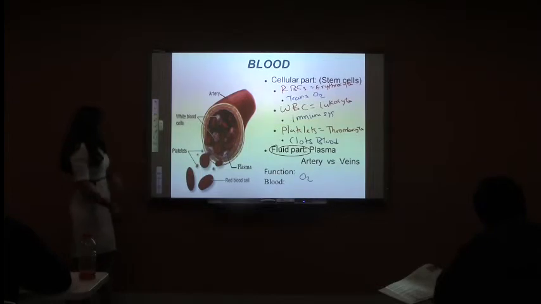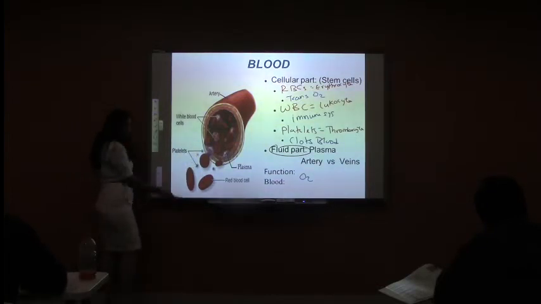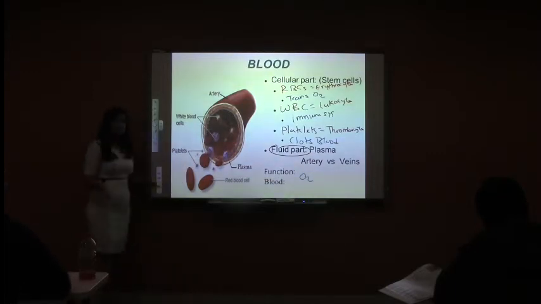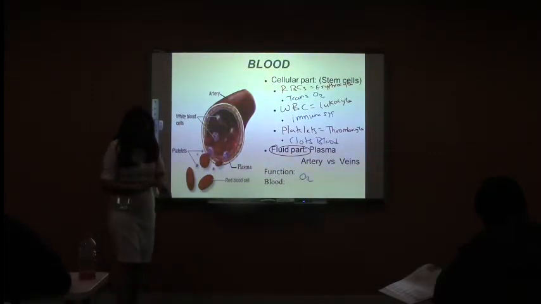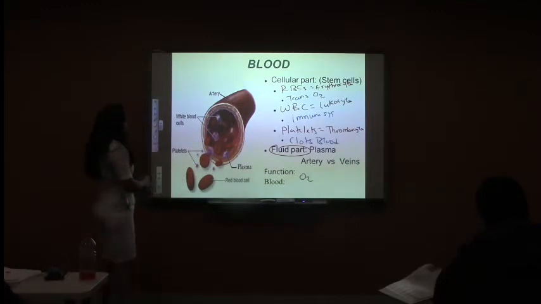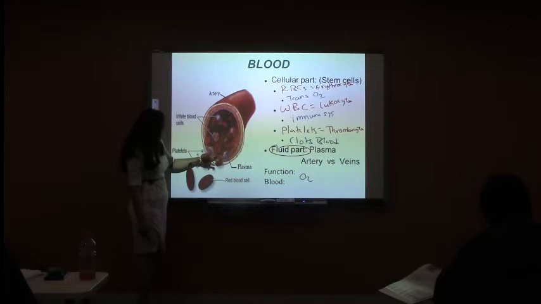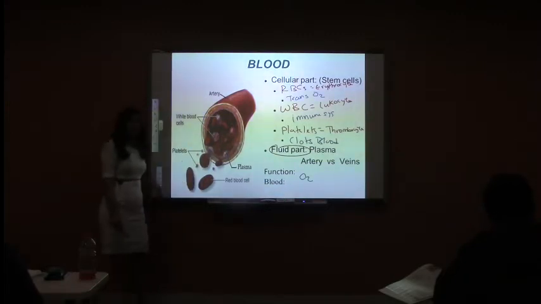So right here you can see the image. Platelets, which are thrombocytes. White blood cells, which are leukocytes, and we have multiple types of leukocytes, but when we talk about lymphatic and the blood, we'll talk about that. And we have red blood cells right here. We will talk about red blood cells when we talk about the